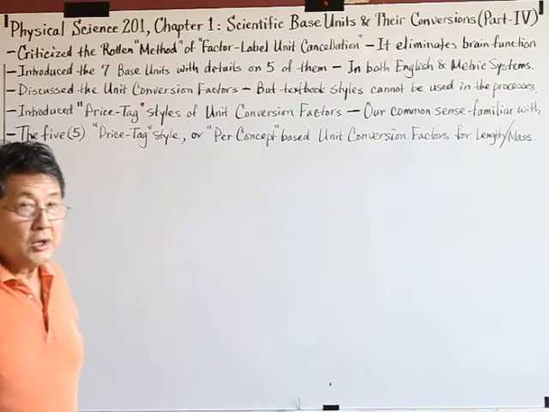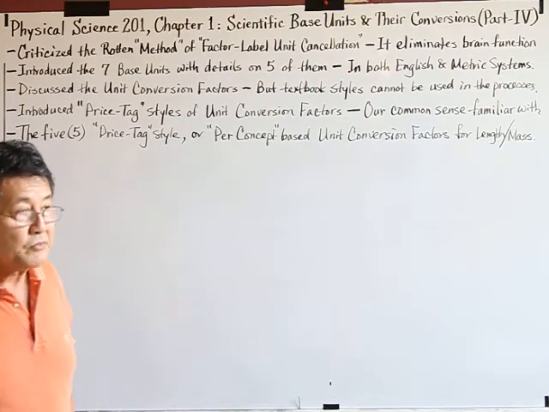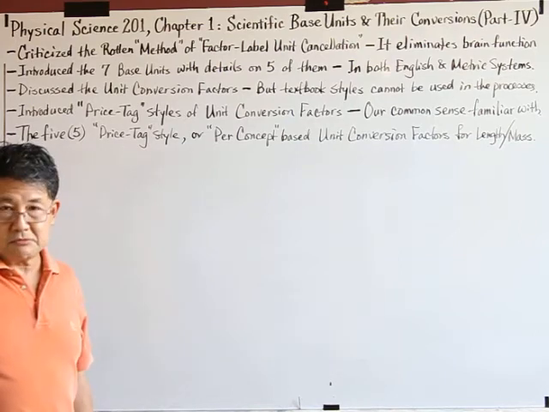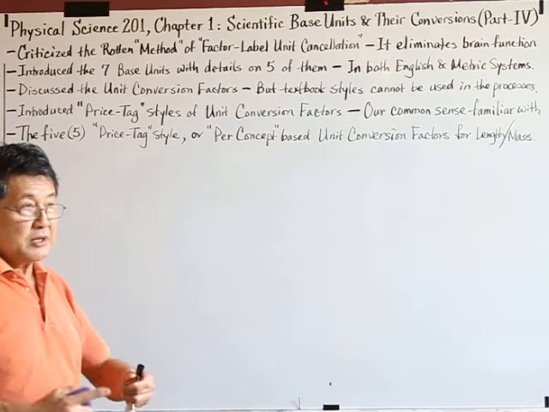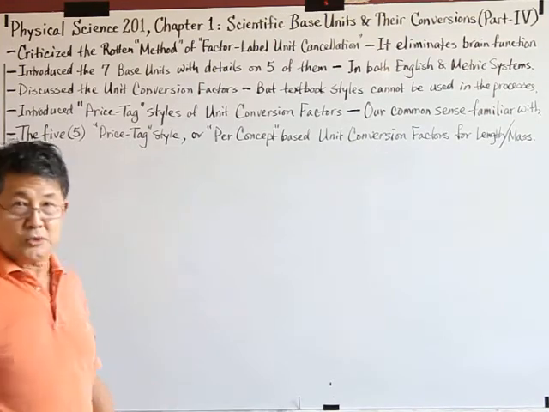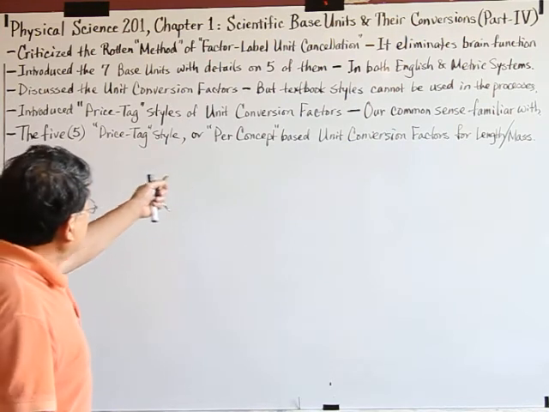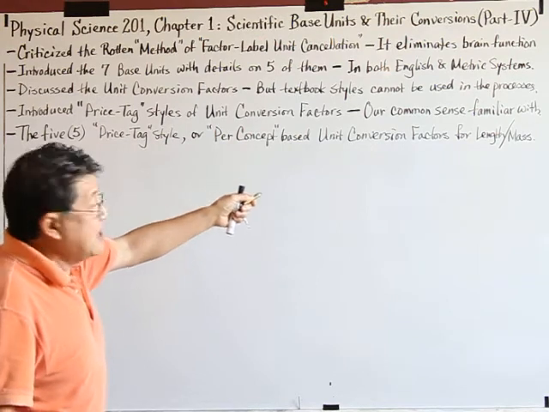Then I asked her, how did you end up with the correct answer of 10? Is it multiplication or division? She said division. See? Even though she made a small mistake at the beginning, she knew she was doing division, not multiplication. But as this rotten factor label unit cancellation tells you, you only need to know how to multiply,